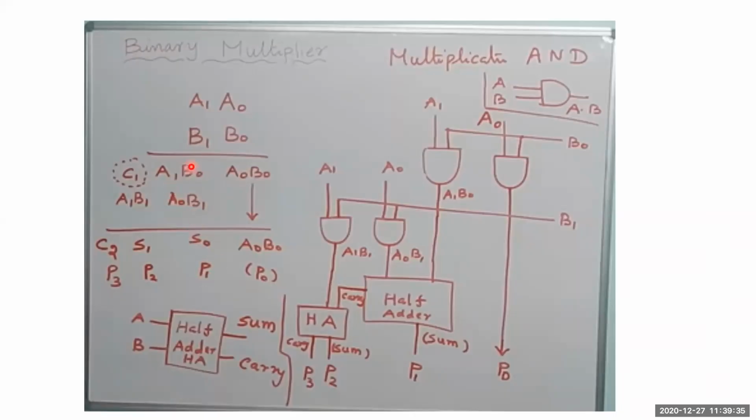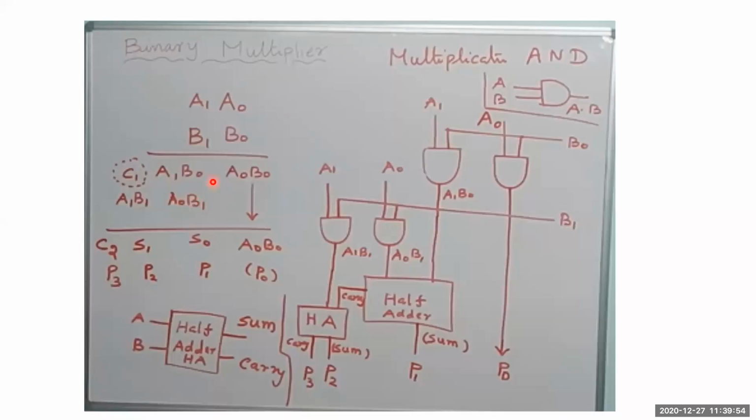And we know that whenever you are adding two numbers, you will be getting a sum, and it will also be generating a carry. Carry also will be generated. That's the basic fundamental operation of an adder. An adder will have two inputs. If a two-input addition is done, it will produce two outputs, sum and carry.